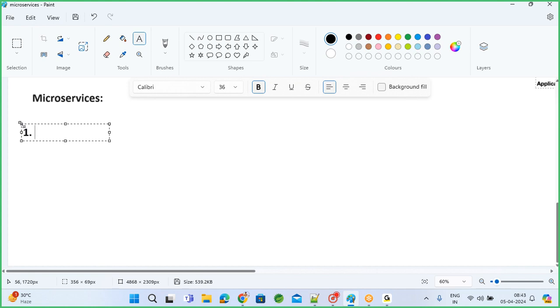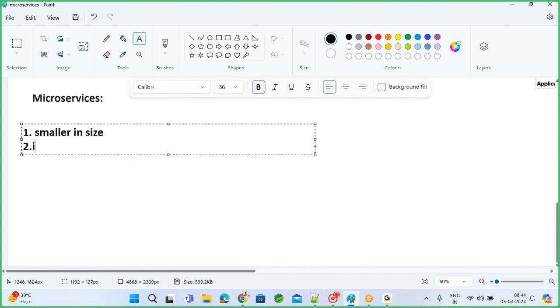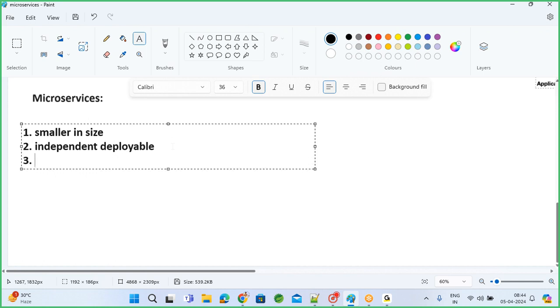Your microservice should be smaller in size, independently deployable, and it should have its own database,